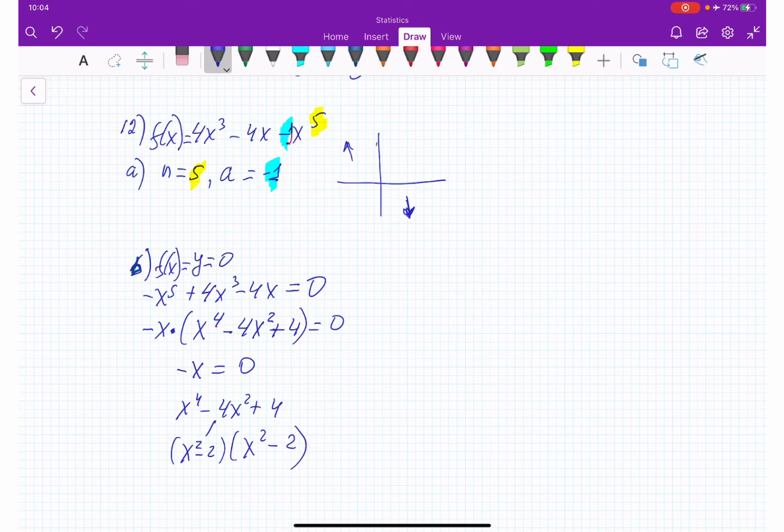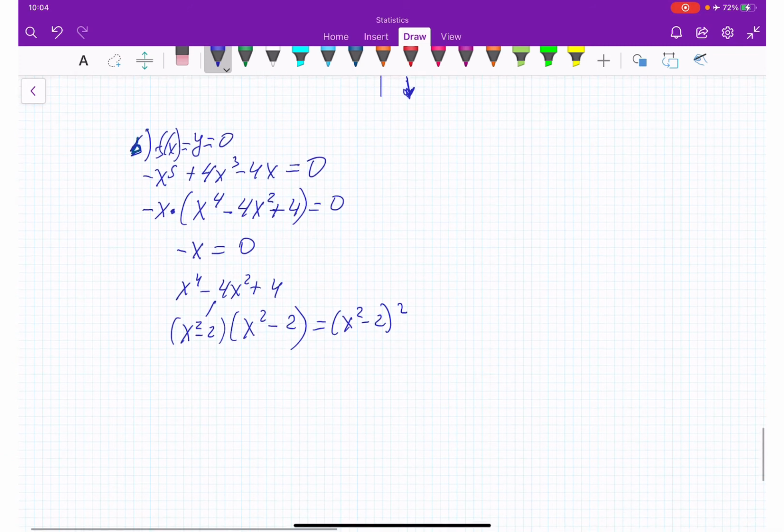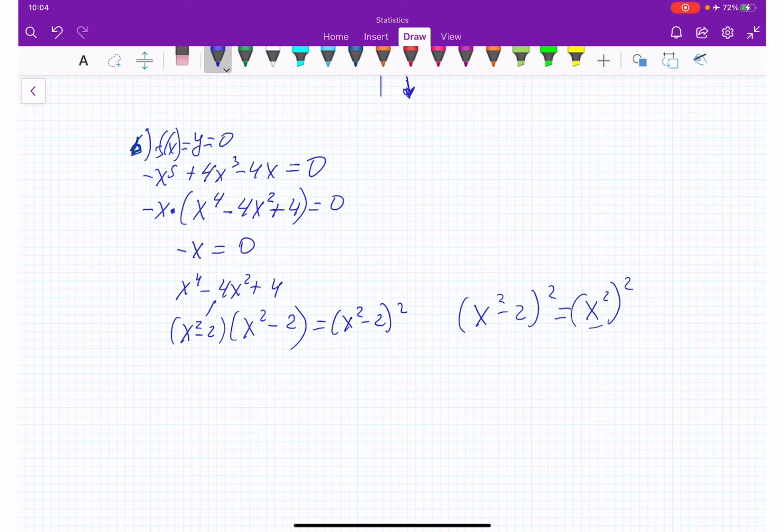Either way, or a perfect square would also work, which would be x squared minus 2 squared. So if I open it on the side, let me do drafting here, x squared minus 2 squared is equal to x squared squared, and then plus b squared, which is 2 squared,